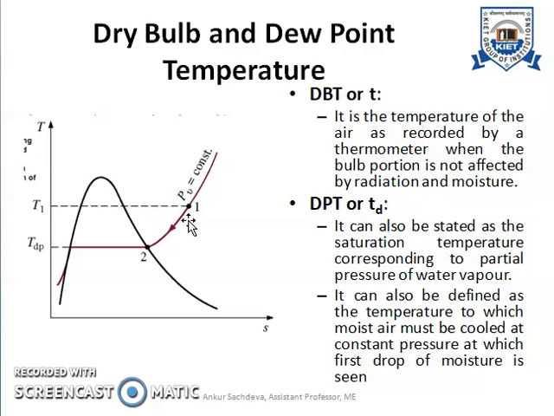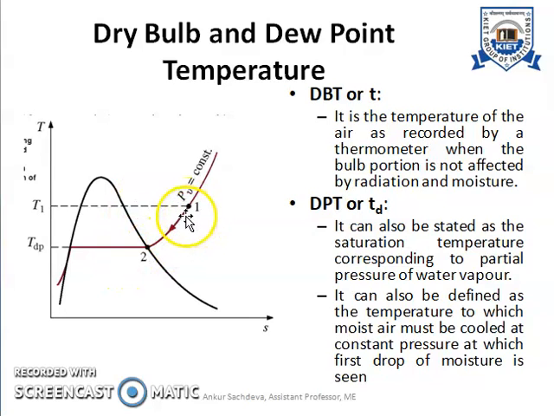So that's why the water vapor which is present in the outside air exists in superheated condition. If you take the example as 40 degrees Celsius, just as I discussed right now, then corresponding to saturation pressure of 0.05 bar, the value may be as low as 15 degrees Celsius or maybe lesser than that. But the temperature of the outside air is 40 degrees Celsius. So that's why the condition of water vapor is superheated condition.